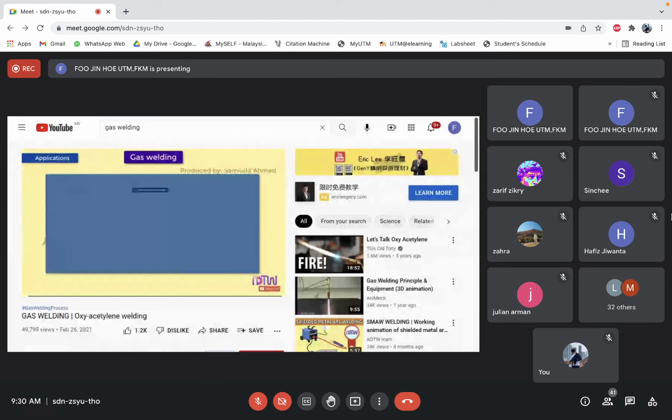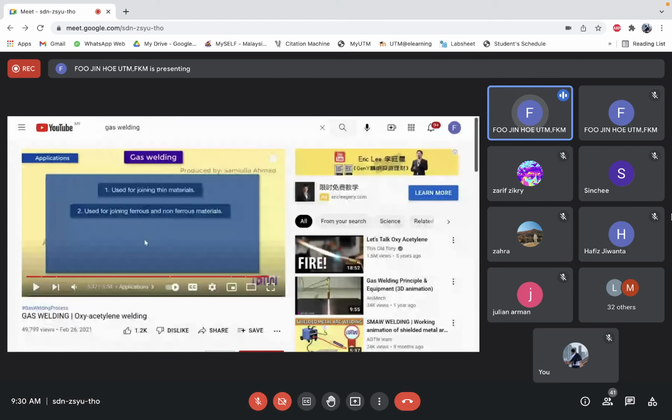1. Used for joining thin materials. 2. Used for joining ferrous and non. And another one that I can think of is that, as you see from the video just now, there's two nozzles. You can control the flow of acetylene and control the flow of oxygen, whereby the right ratio of oxygen and acetylene gas is something you have to mix. So beware of supplying too much oxygen into this welding, because when you have too much oxygen,